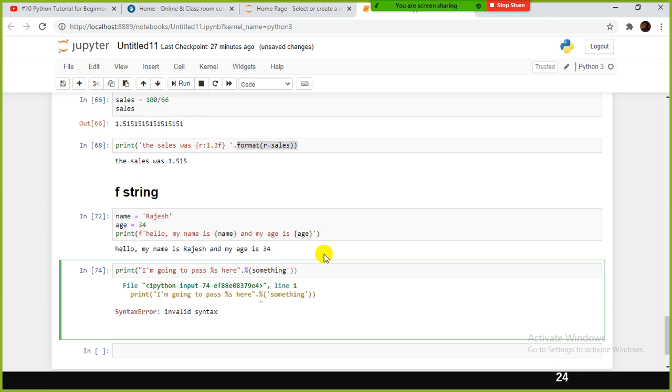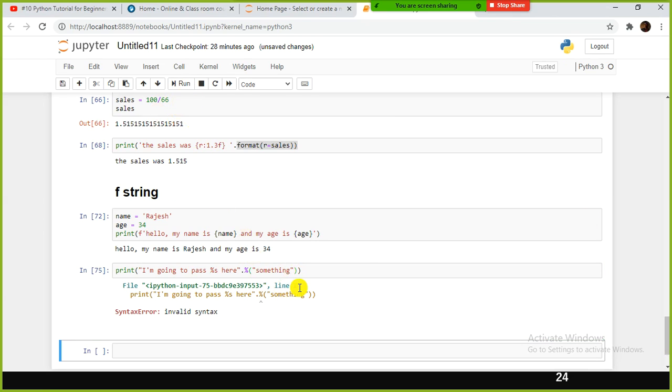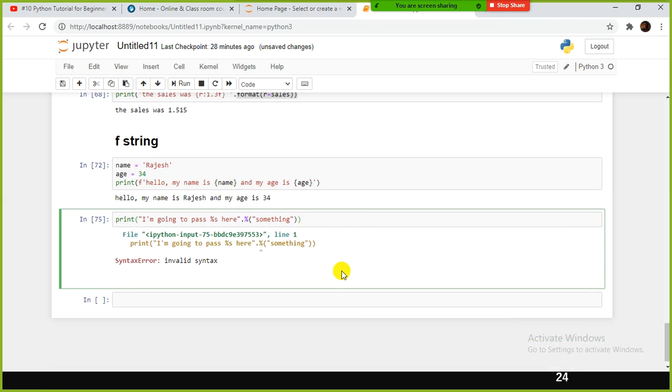Maybe because of the double string, the double quote. Yeah, it is getting confused, right? I use double quote. Let us see. No, there is still a problem here. Percentage. So here, let me do one thing. I will remove this one. I am going to pause here. Percentage s, yes, here dot.